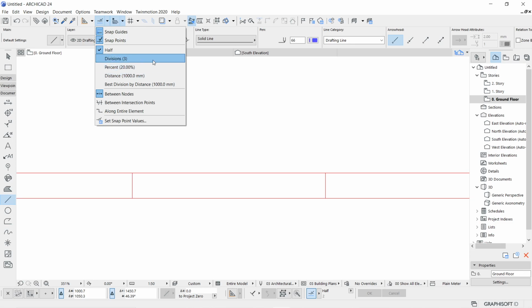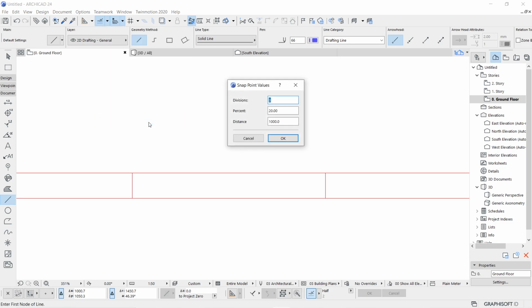Obviously, I'll just brief you about the divisions at this moment, and make you familiar with this dialog, and later you can change and try these options. And if possible, I'll try to complete them in my next clips. Here, if you click, you will see the snap point value settings, and the divisions are right now 3. You have to type an integer. You can't type 4.5 or 10.7. It's not valid. You have to give a pure number.